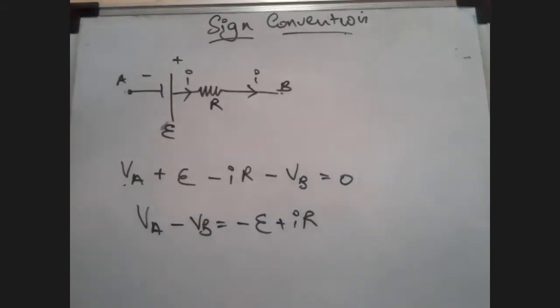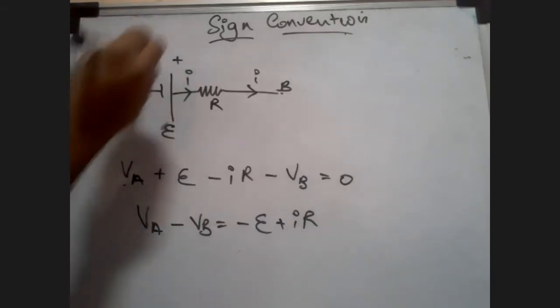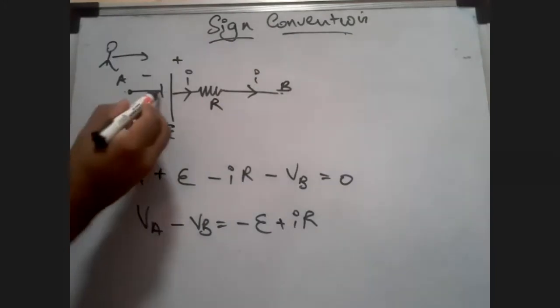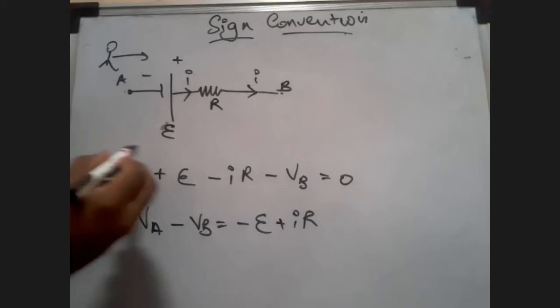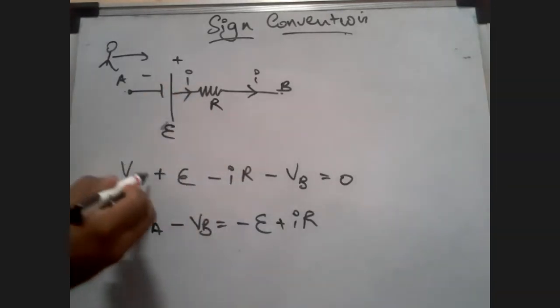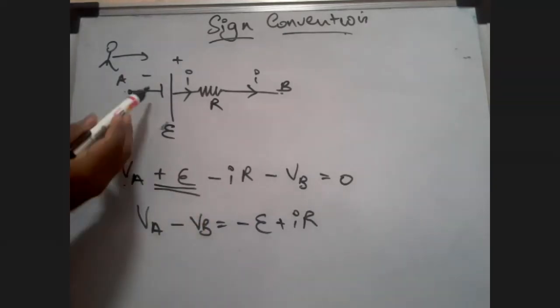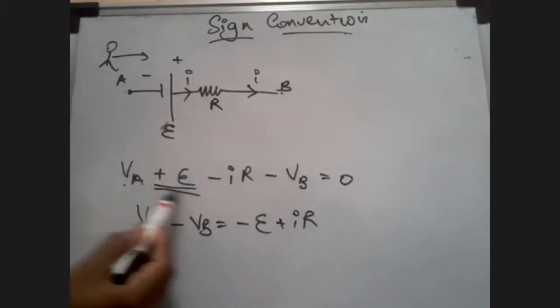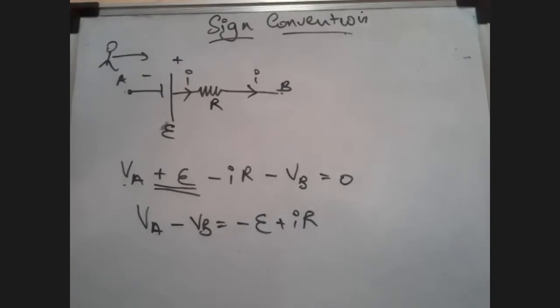VA, when you are walking from A to B, negative to positive of the terminal, you are going from a lower potential to a higher potential. I am taking that to be positive. Look here. I am taking the potential from negative to positive as positive itself. I am jumping from a lower potential to a higher potential. It's a step up for me. It's a step up for me. And so I will take that as a positive.